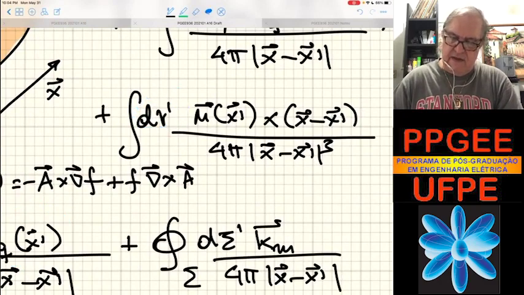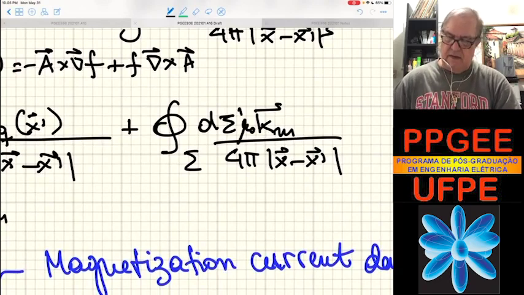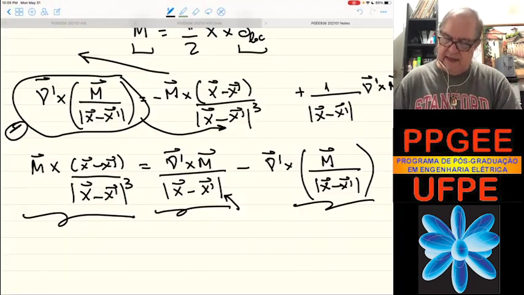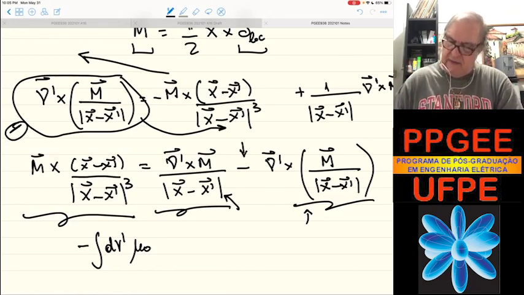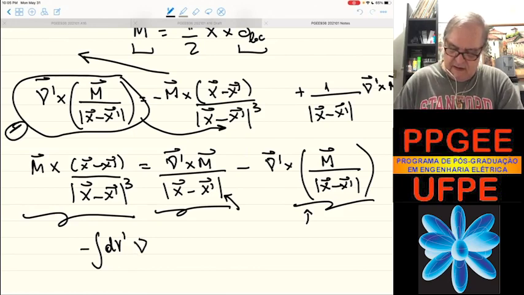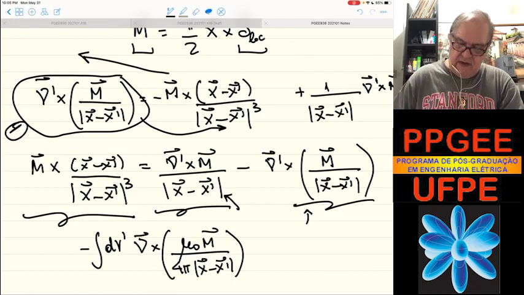My mu 0 is not here. Right, here too. So you see that one integral is going to be this integral here, the volume integral of mu 0 minus, right? Have a minus there. I'm going to put all inside of the parenthesis. Curl of mu 0 M divided by 4 pi |x minus x prime|, and we know